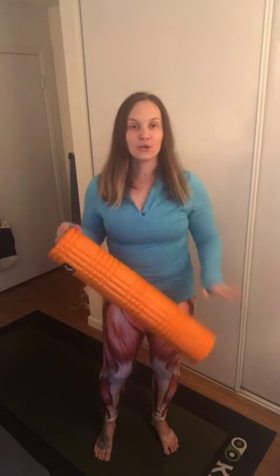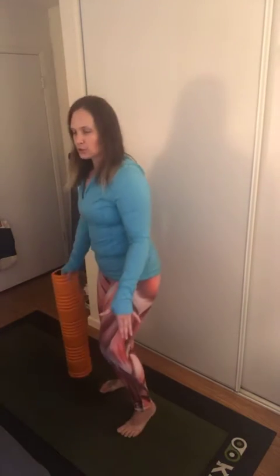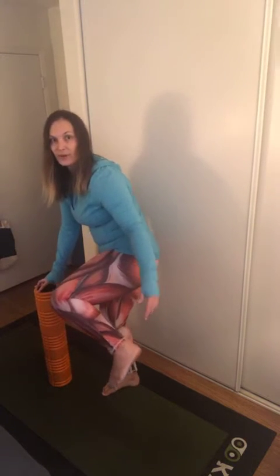Now we're going to go back around to the back of the lower leg, our calf muscle, and we're going to roll out that area. There's actually a couple layers. So first, the one that you can see here on my awesome pants, that is gastrocnemius. And then if you were to literally peel away gastrocnemius, pulling it all the way down, underneath that would be